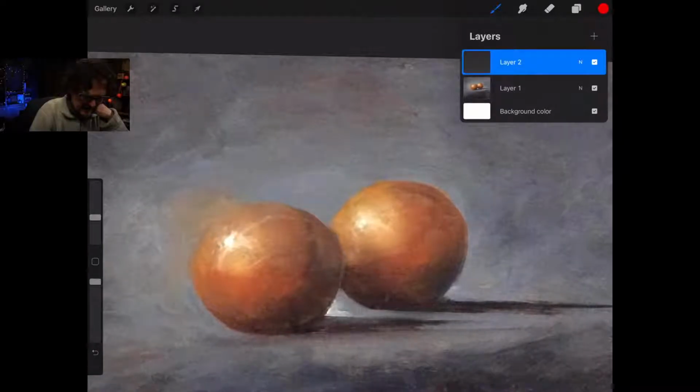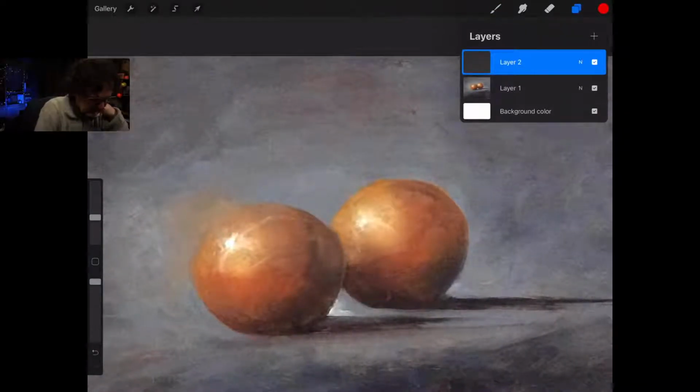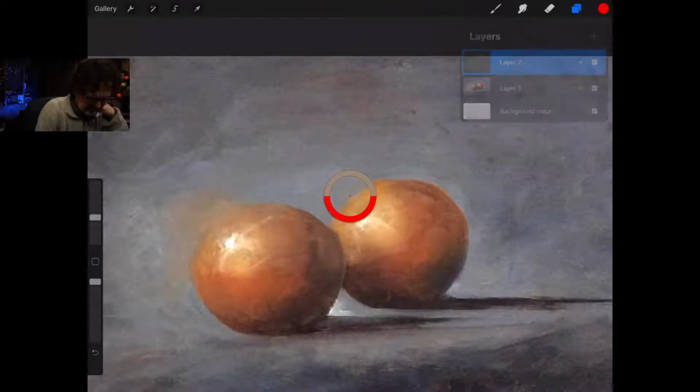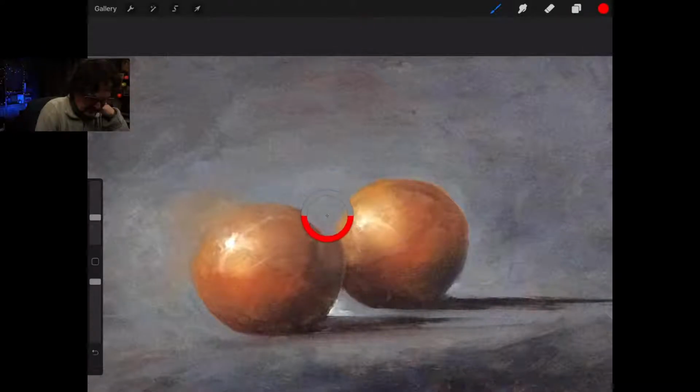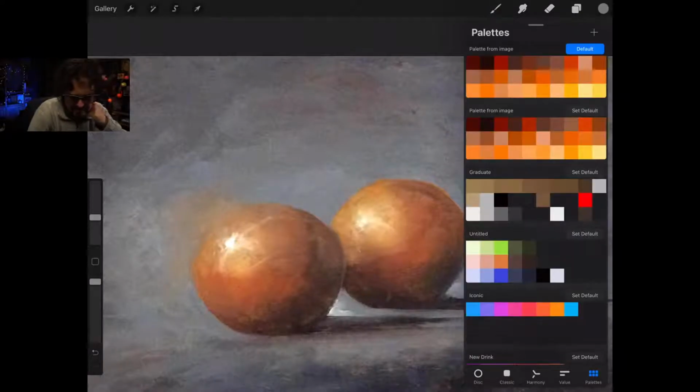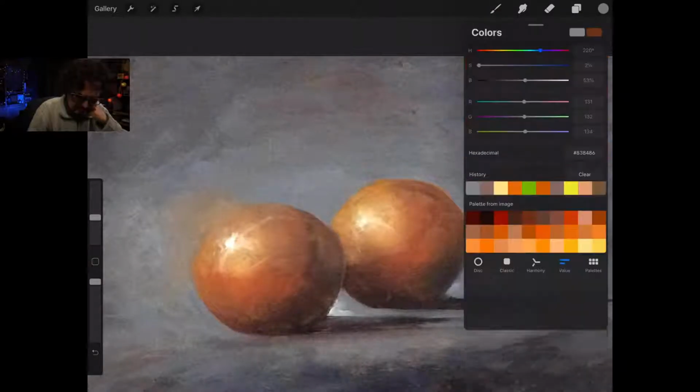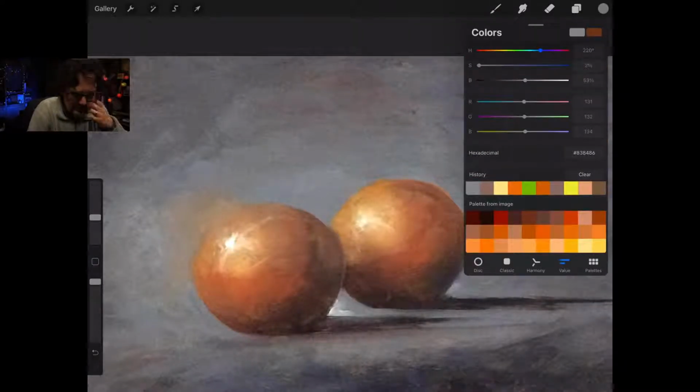So what's gonna happen? Let's see, what is this right here? All right. So this is at 53% total grayness.